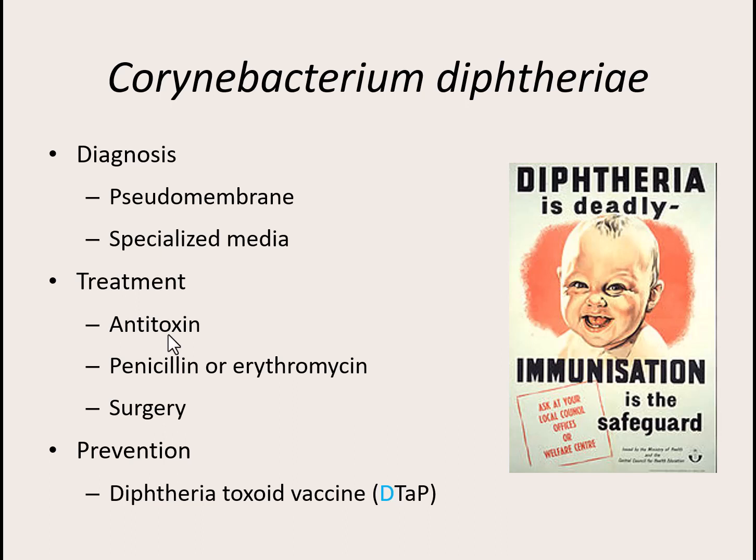But the best is just to not get these things in the first place, and keep up on your vaccines. That DTaP vaccine, the D, is targeting the immune system for the diphtheria toxin. So this particular vaccine is not making you immune to the bacteria, but it is making you immune and able to recognize the toxin that the bacteria makes, since that's the one that's causing the issues.